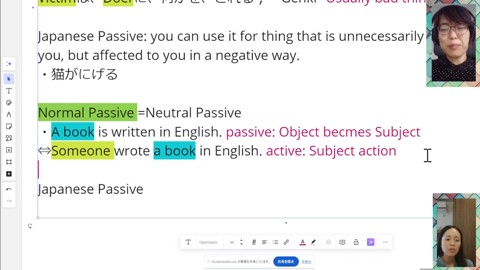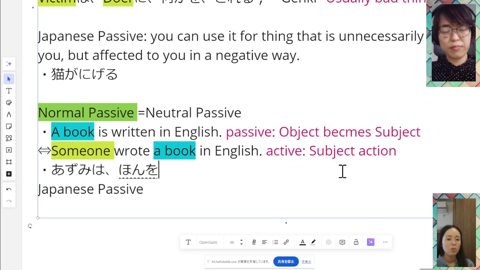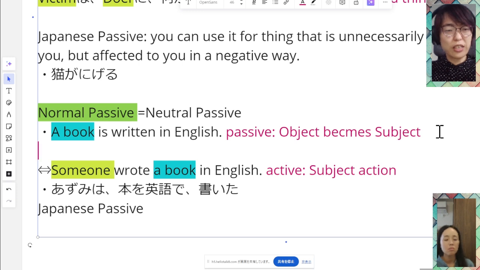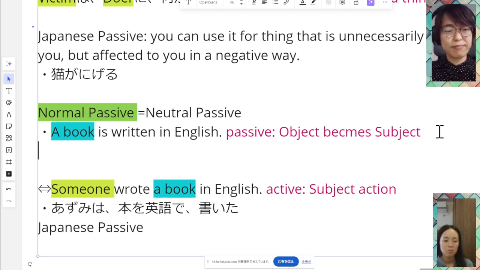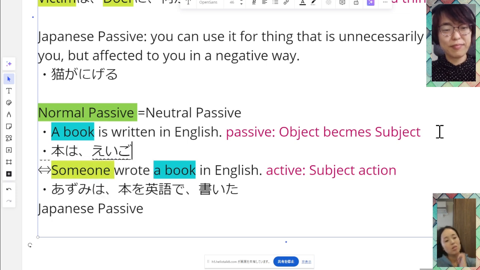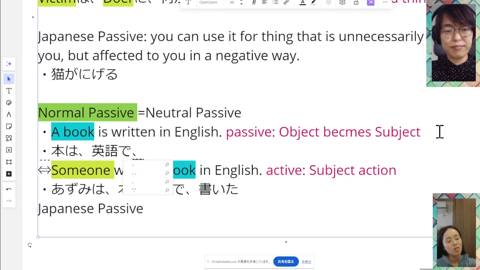So it does not mean that Japanese people use this kind of sentence. Okay, let's see a Japanese sentence. Someone wrote a book. Azumi wrote a book. あずみさんが本を書きました。Azumi は本を英語で書いた。Okay, now you're going to make this sentence passive. はい。本はあずみさんに英語で書かれた。